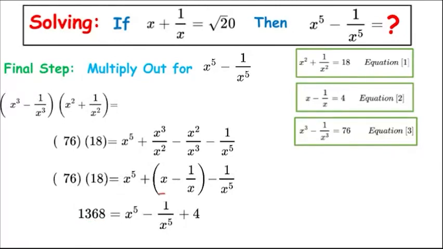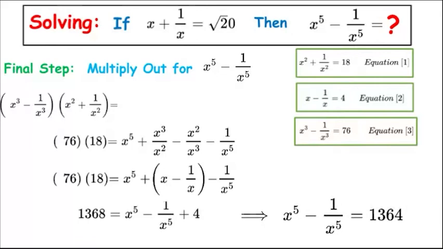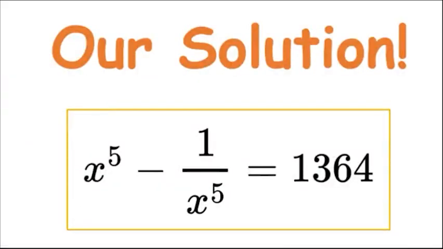We have x minus 1 over x is equal to 4. All we need to do now is to subtract the 4 from both sides. Therefore we will get x to the 5 minus 1 over x to the 5 is equal to 1368. Subtract your 4, and there you have it, 1364 is our result. And finally our solution is x to the power of 5 minus 1 over x to the power of 5 is equal to